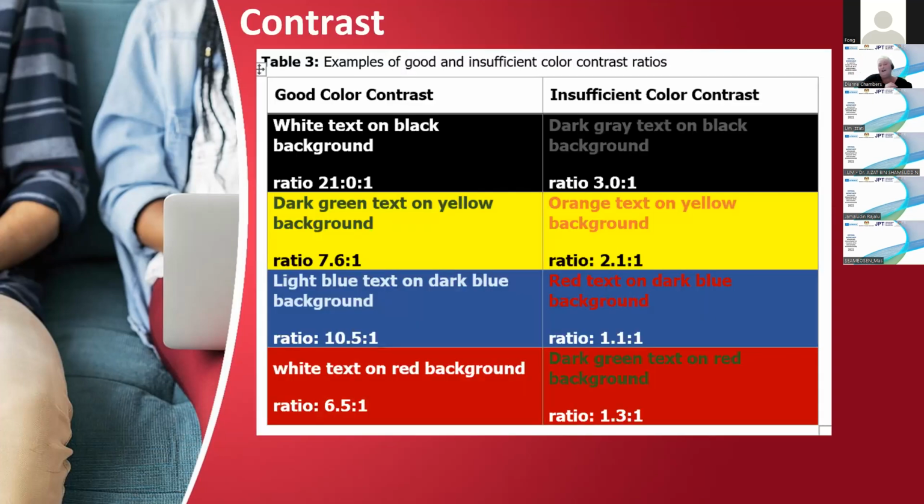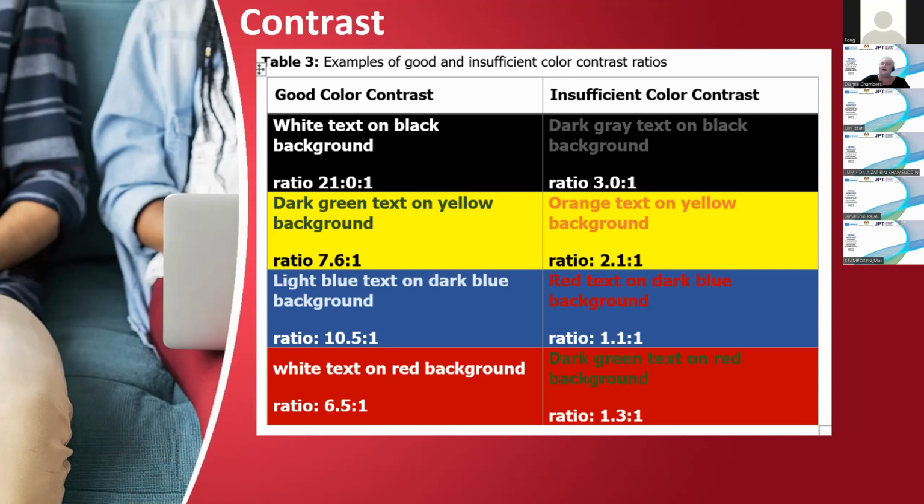And when we're looking at contrast, this is also another fun one. This is taken from the Section 508 government requirements in the US. And I've put some of these up on your Blackboard site for you as well, onto the Google site for you. And you can see that the different contrasts make a big difference to readability. We were talking about color blindness, and that's also a consideration. So you need to make sure you're not using colors that are going to be difficult for people who are colorblind.